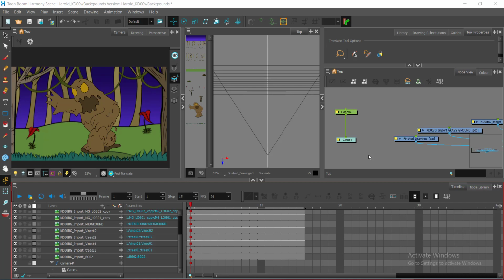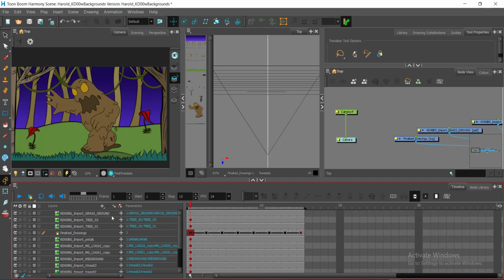Okay guys, so now we are ready to animate. But we will animate the background because our character is already animated. He's moving. Yes, but now it's time to add some animation with the background. Now, as we have discussed in our recent video lesson, still part of this session, session 9, we have